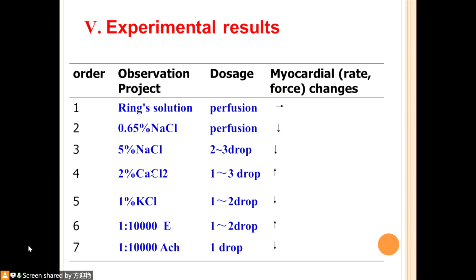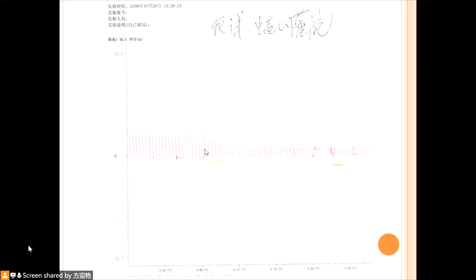And there we dropped calcium. We found that it increases, and potassium decreases. When we dropped the epinephrine, it increases, and the ACh decreases. According to this, we can see here that it is like that. This is the normal